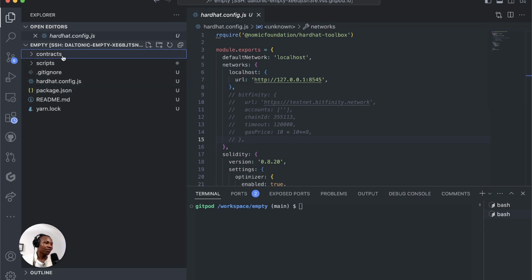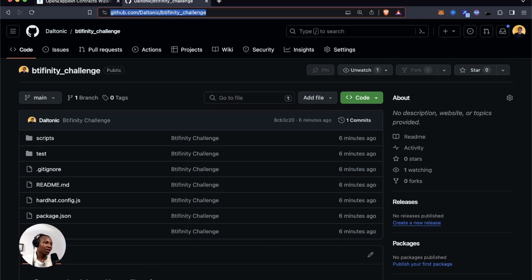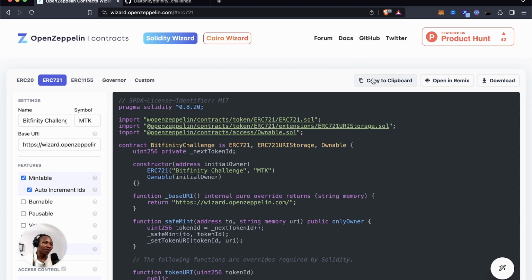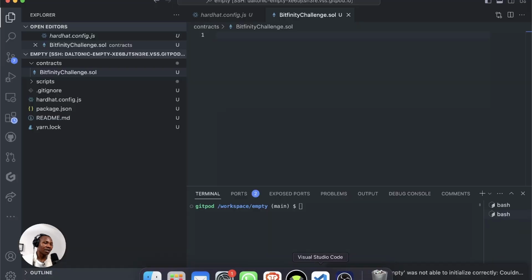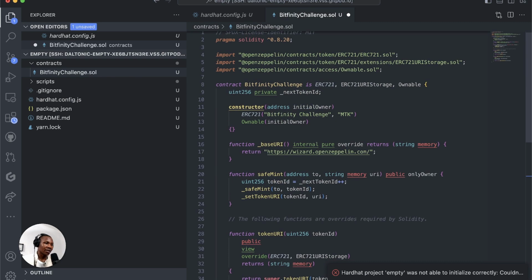And inside the contract folder, create a new file. Call it Bitfinity challenge dot sol. Okay, so this is a smart contract that we're creating. Then we can paste this script that we designed here using the OpenZeppelin contract. So we paste this here, and